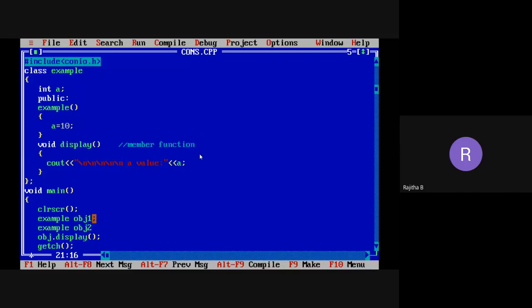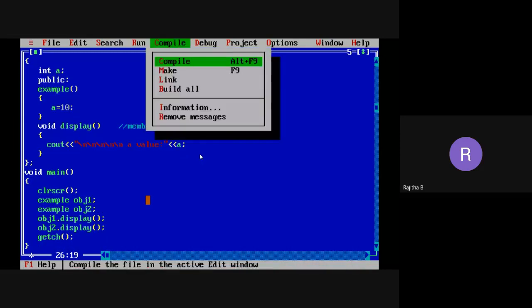Now I am creating obj1, so it is going to execute the constructor Example with 10. Now I want to copy this 10 value. What does obj1 consist of? Data member A, and what is the value of A there? 10. Okay. So when you create obj2 also, what value will be displayed? 10 again. So I'm going to write one more statement here: obj2 dot display function.